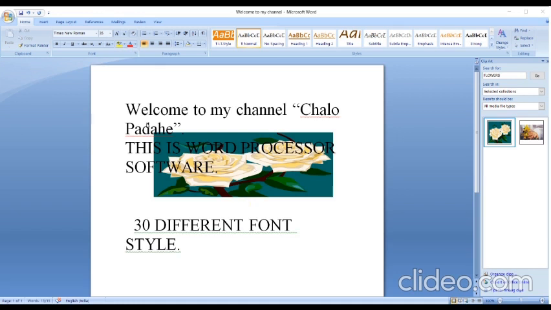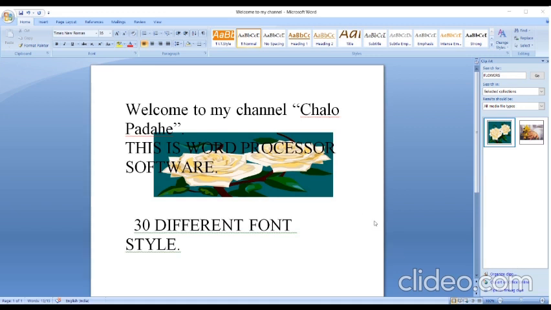Here there are also online templates, whichever you want to download. Like if you want to create a certificate template, if it is available online, you can choose that and download it. This way you can use the installed templates and My Templates. If I have already created one, the templates will be available here. This way you can use a template, which means a sample of the document which is already there.